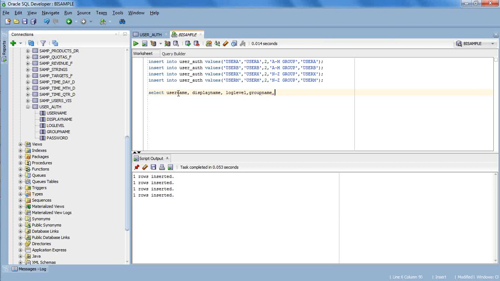I don't need a password in the select. I'm just selecting these columns from what table? From the table user underscore AUTH. Okay, that is my user underscore AUTH, where